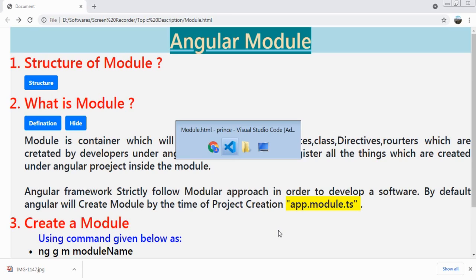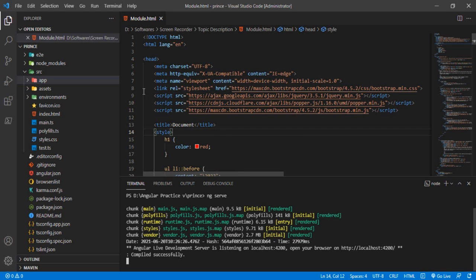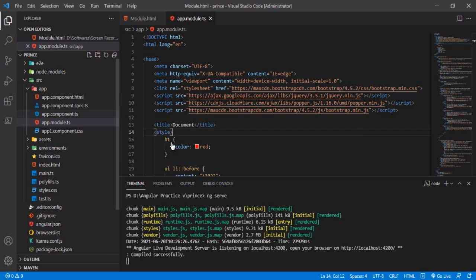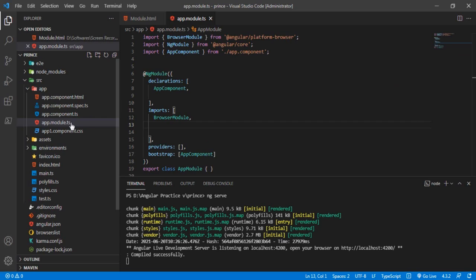So we will go into our Visual Studio, and first we will see that file, and this is the file. In the last tutorial I mentioned to leave this file for right now. Now I will explain what this file contains. This is the parent module, or we can also say that this is the root module. And this app is a parent module.